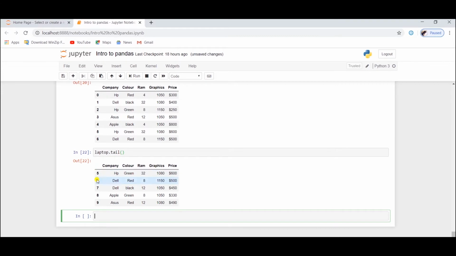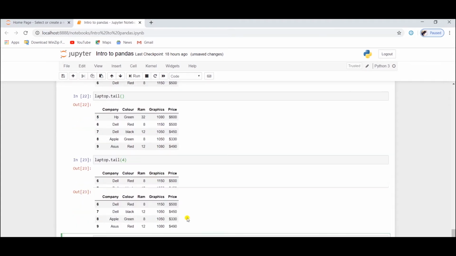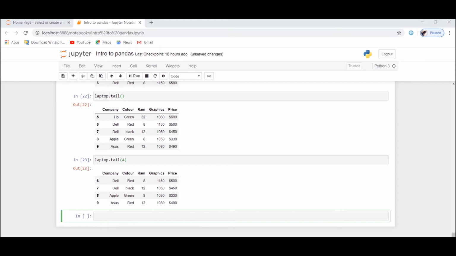Like you can see on the screen, it has returned the last 5 rows of our dataset.